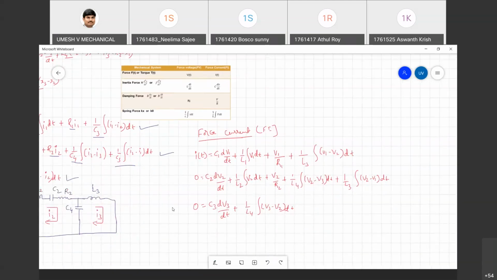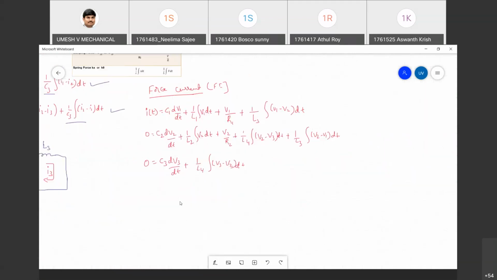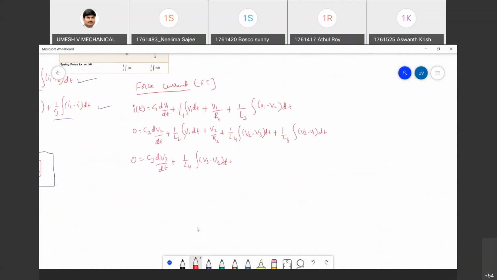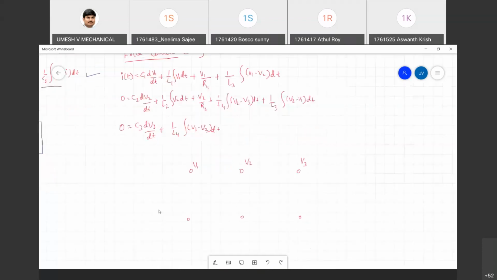Now let us write the circuit for these equations. How many V terms are there in all three equations? Three V terms, no? That means you have to write three nodes. So that will be V1, this will be V2, and the third node will be V3. Also write the corresponding bottom node to connect. So let us draw the circuit now.